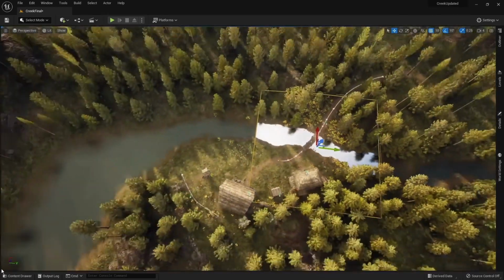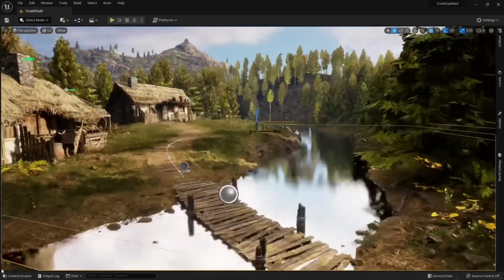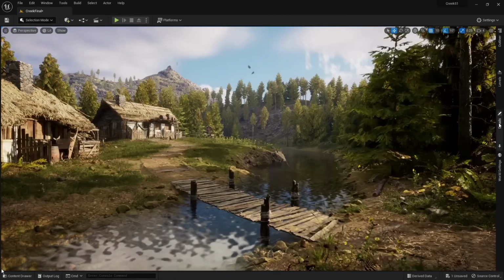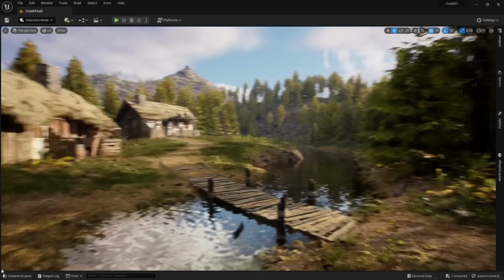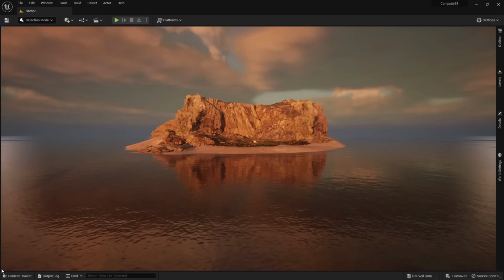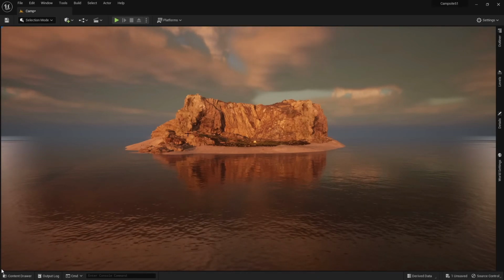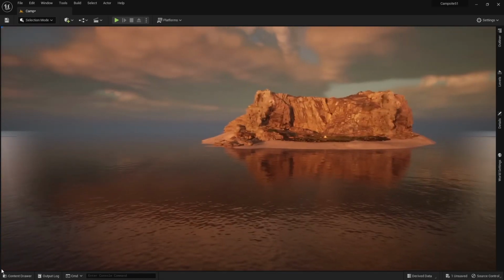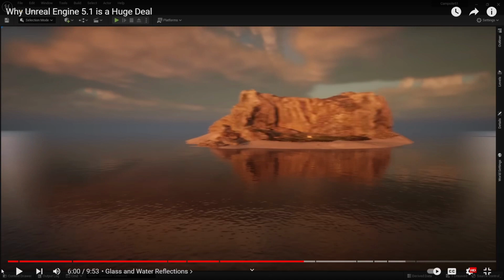Before this update, to get true reflection, we would have to use planar reflection and then manually move it to line it up with the water. Now I can just enable translucent to get realistic water reflections without having to use a reflection capture. This also fixes reflections for large bodies of water. Notice how on the side of the viewport, we have weird reflections. This is because by default, Unreal is using screen space for translucent